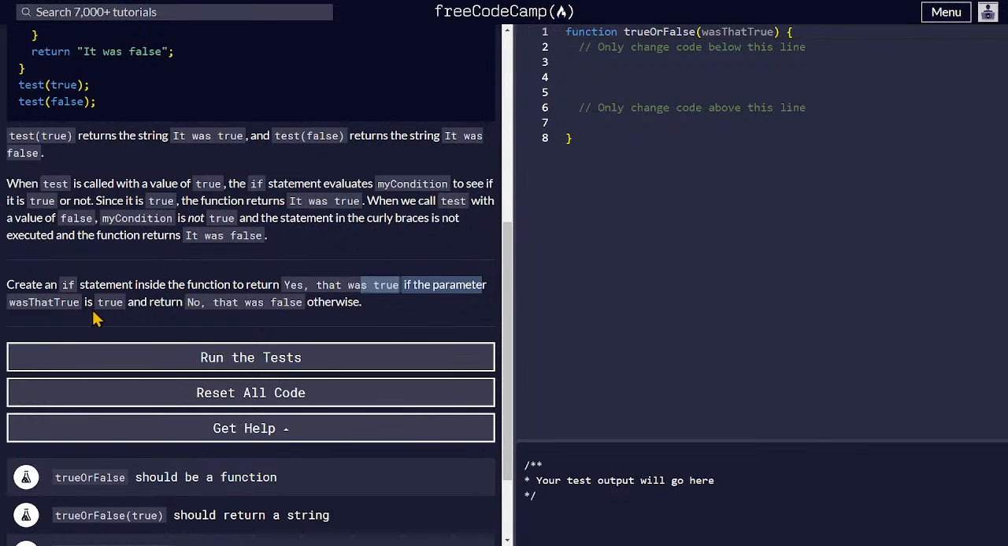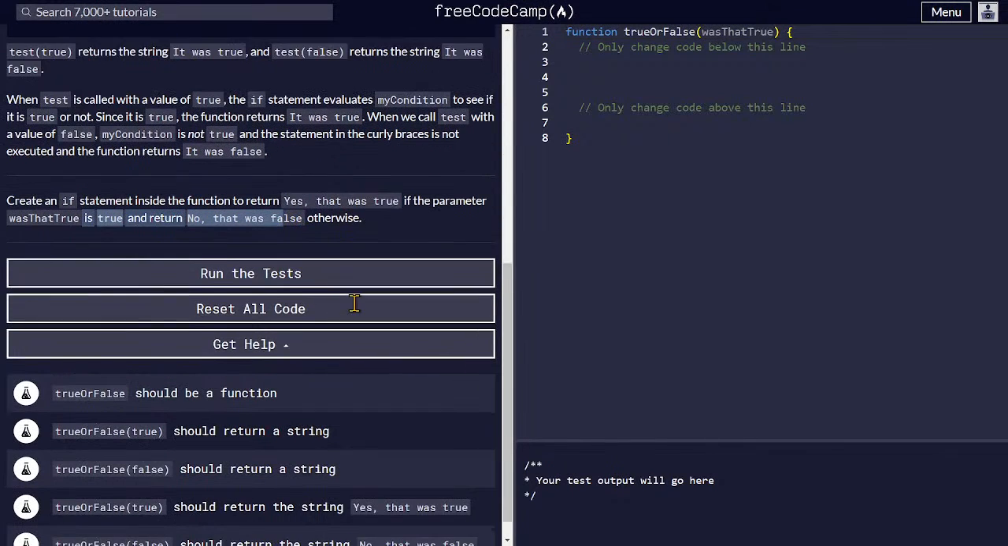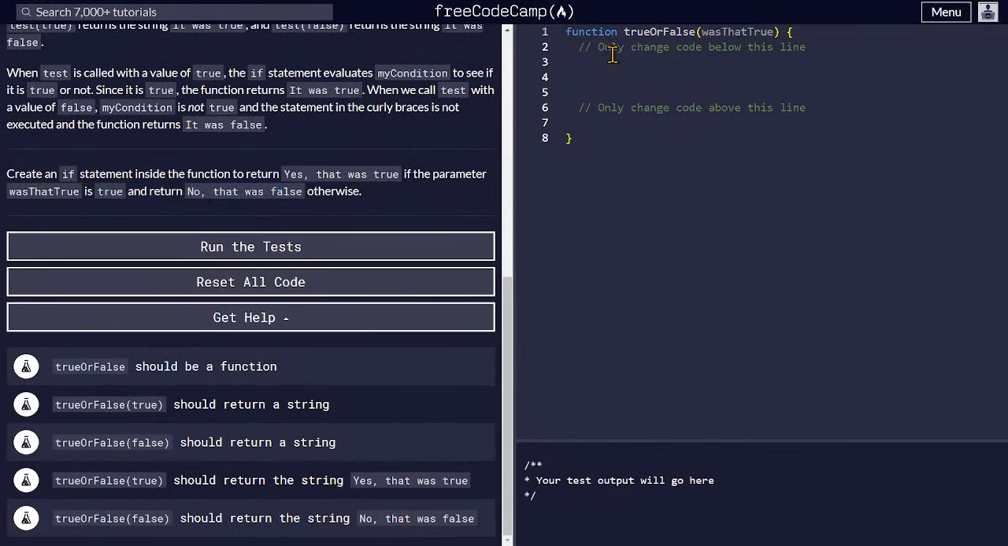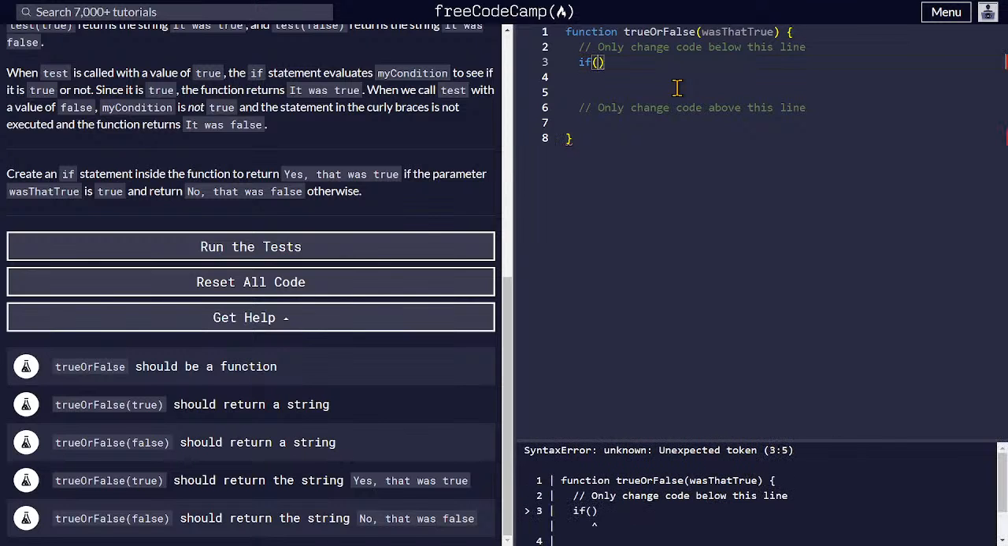So return true, that was true, if it is true, and return no, that was false otherwise. So create an if statement. The condition is the was that true. If that is true, then